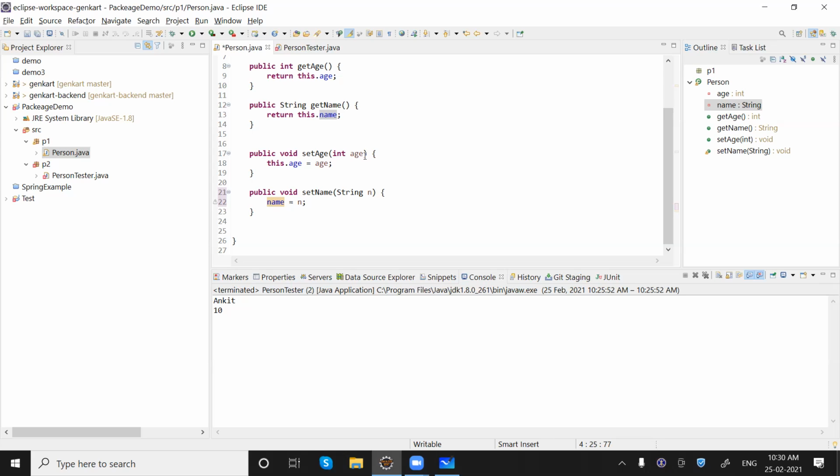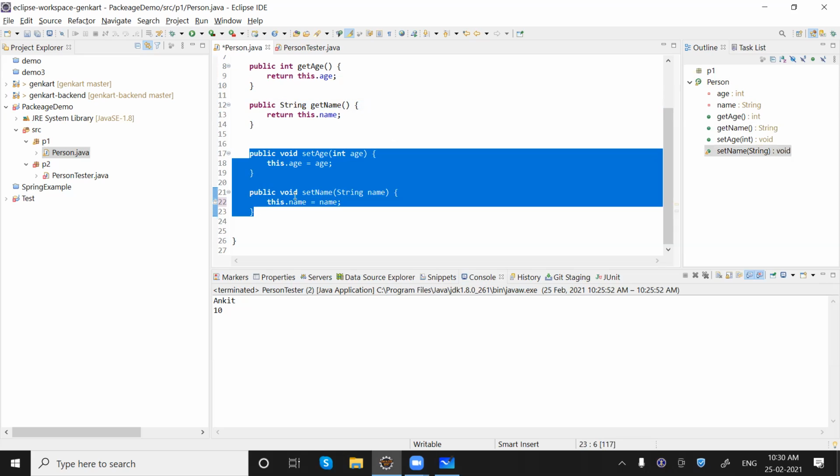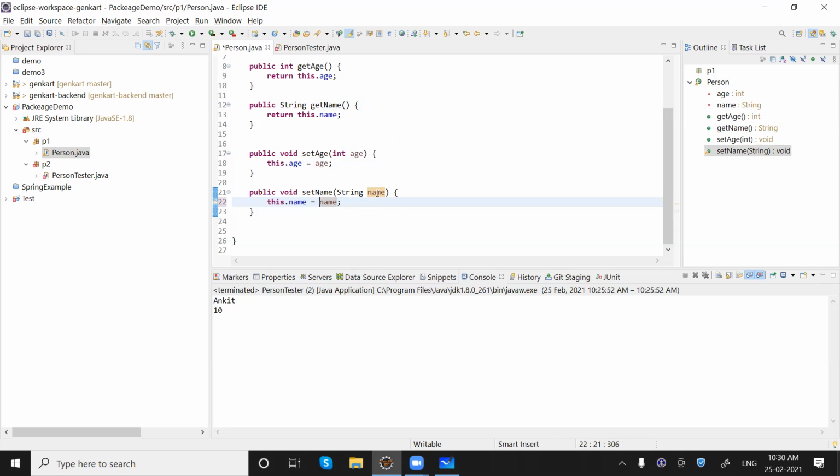So when we say this dot name and name, that means we don't really need to take care about the local variable name. We can use a name twice with the help of this to differentiate. And in general, we use the same practice that we are doing here. We will be using name, and to differentiate we will be using this dot name.